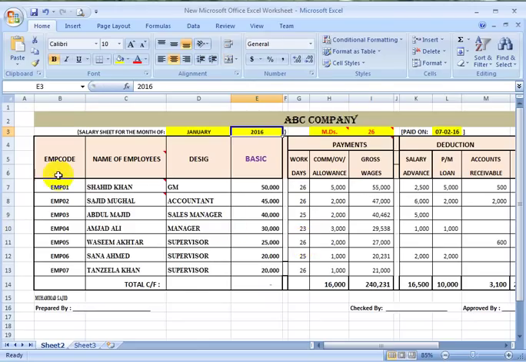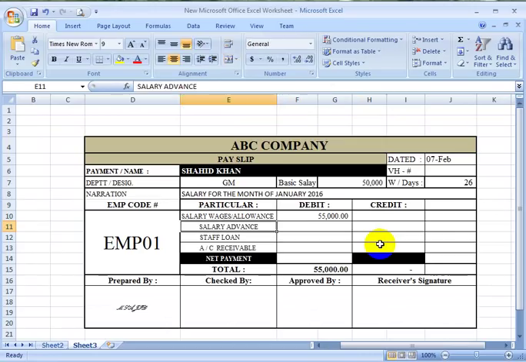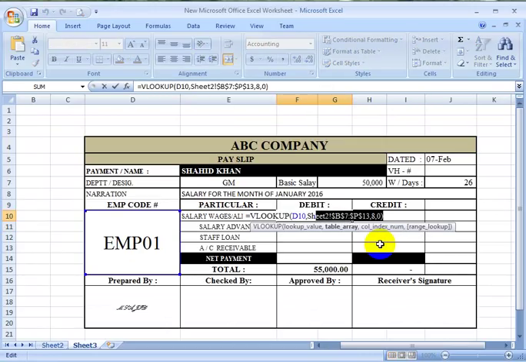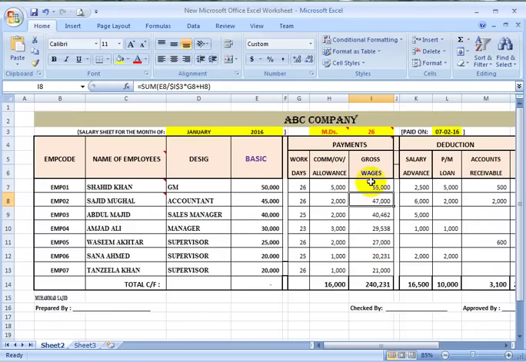Gross salary column is 1, 2, 3, 4, 5, 6, 7, 8. I am writing number 8. Next is advance salary. Copy this formula and paste it here and just change the column: 8, 9, 10.